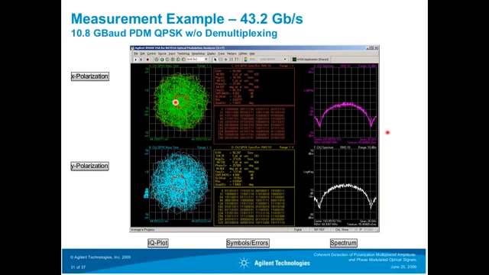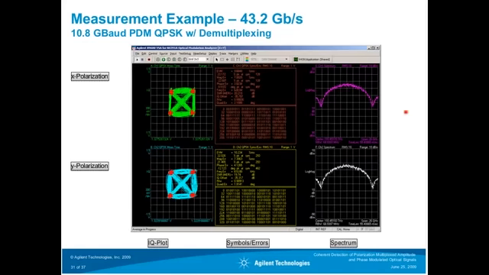So you can clearly see that this is a QPSK spectrum, and the width of the spectrum is roughly the 22 gigahertz you're expecting. The full scale is 26 gigahertz. So we have the same spectrum for the X and for the Y polarization. And in the middle we have the decoded symbols, which in this case, of course, doesn't make a lot of sense because there's clearly no constellation, so there's no proper decoding.